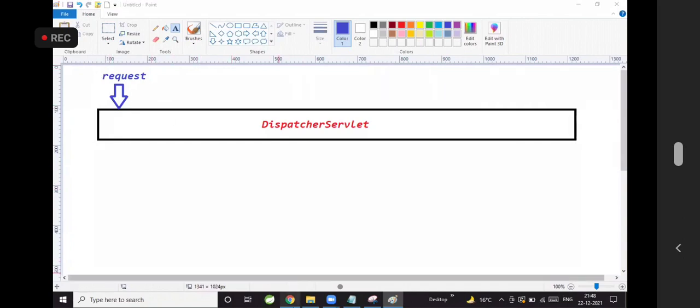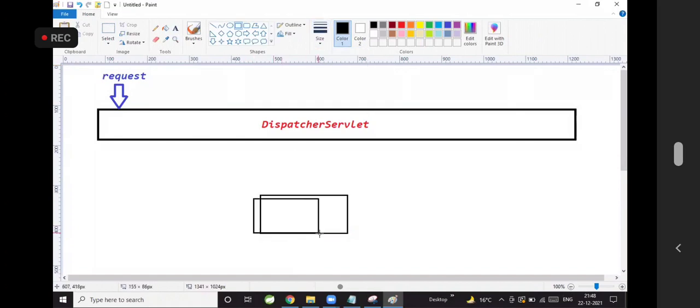When the request comes, the dispatcher servlet doesn't know which class it has to execute.